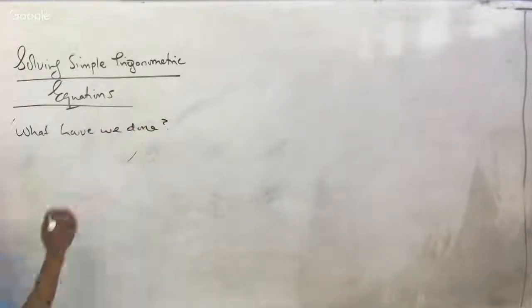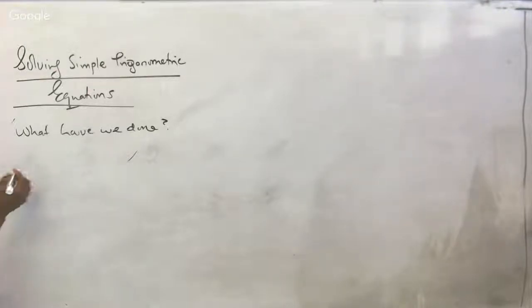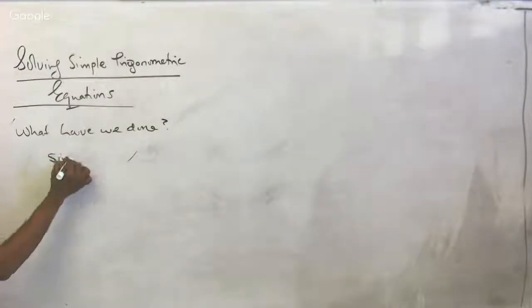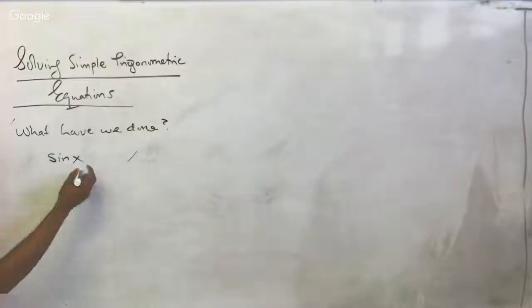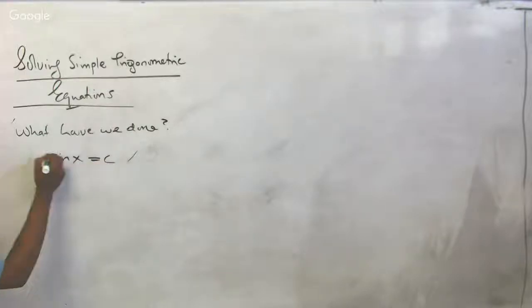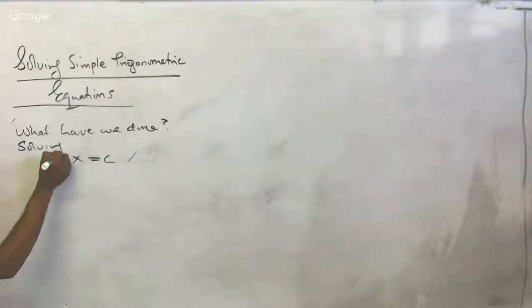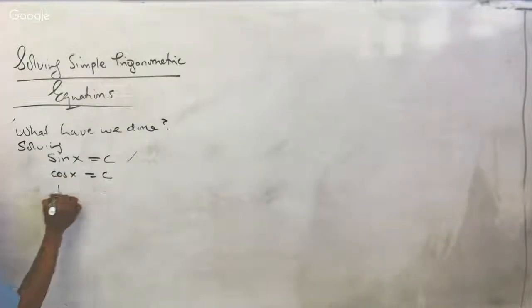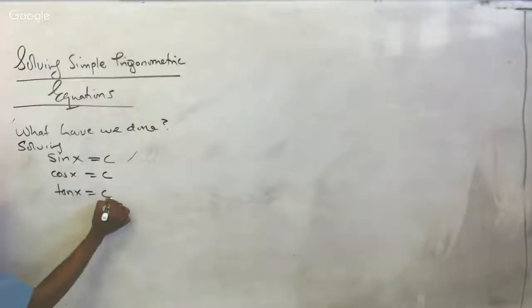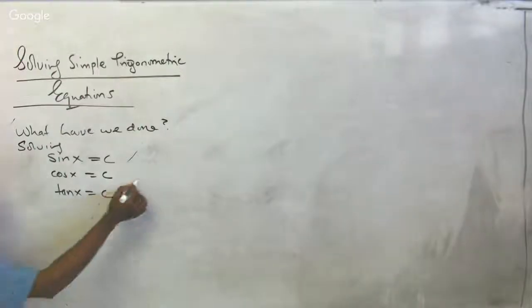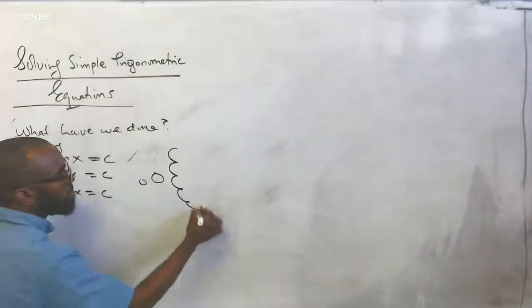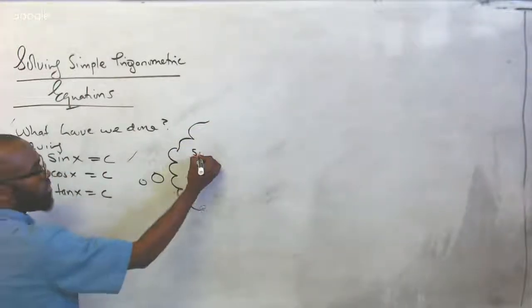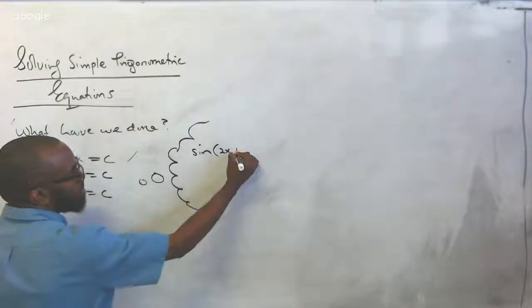And this was when we just started trigonometry. And we said, well, how do we usually solve trigonometric equations? And technically, all we were solving so far was sine of x equal to c, cosine of x equal to c, tangent of x equal to c. And it may look different, but it's not. All I'm saying is that when we were solving, we had things like this.